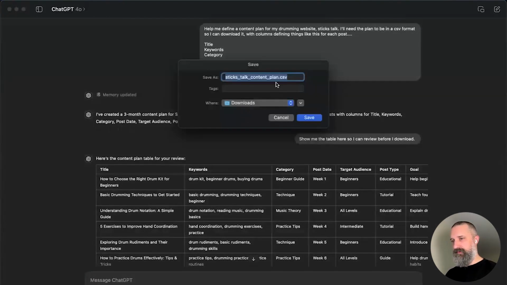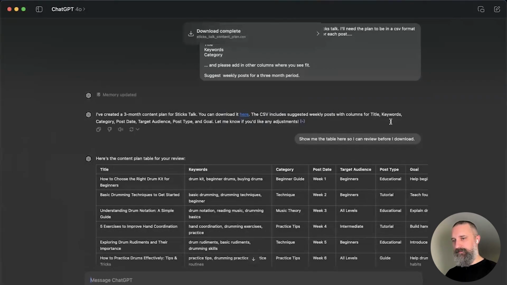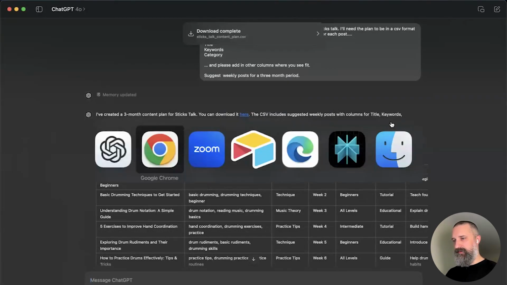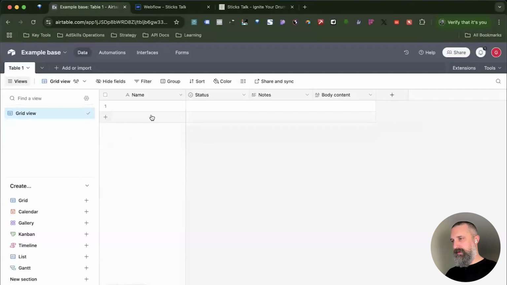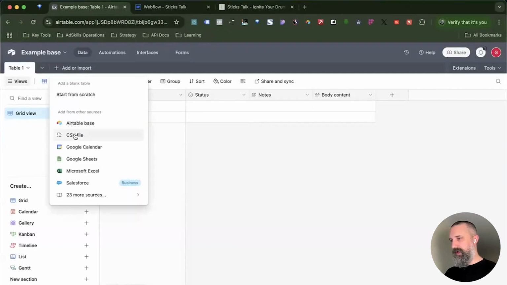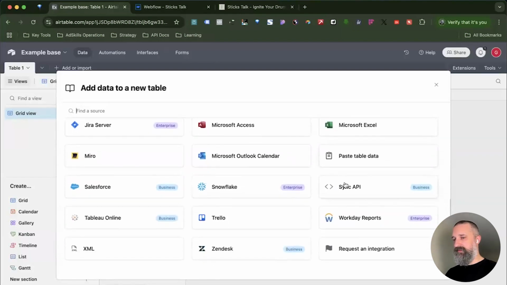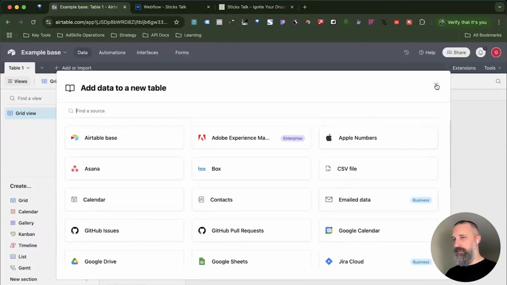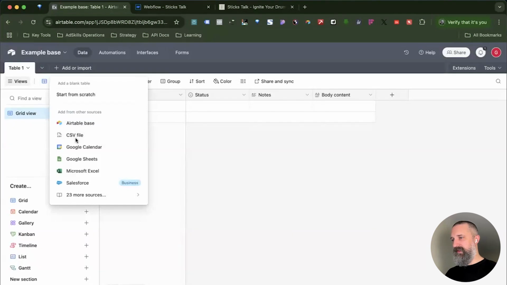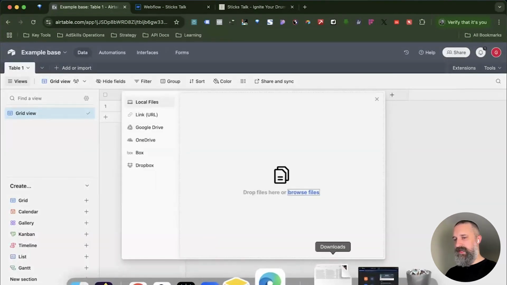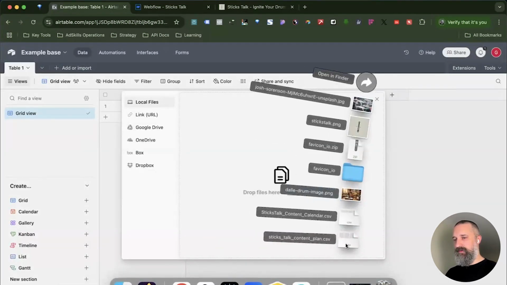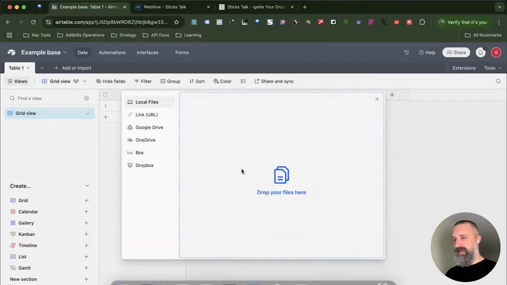So click to download, save it to my downloads folder, and I'll go back to Airtable. And I want to go to add or import. Okay, I want to select CSV file. I could bring data in from a number of different sources. From all of these different sources, we'll stick to a CSV just now. It serves us well. So add or import CSV file, and then I'm going to drag it from where I know the file is on my computer. Just going to drag it into